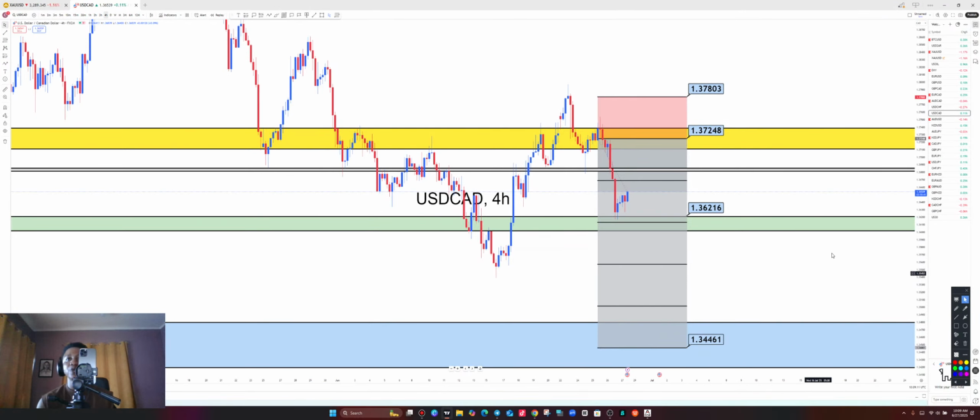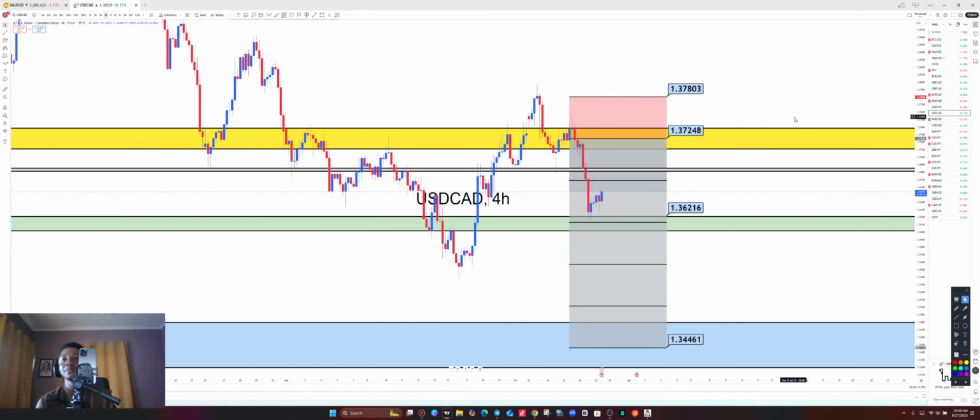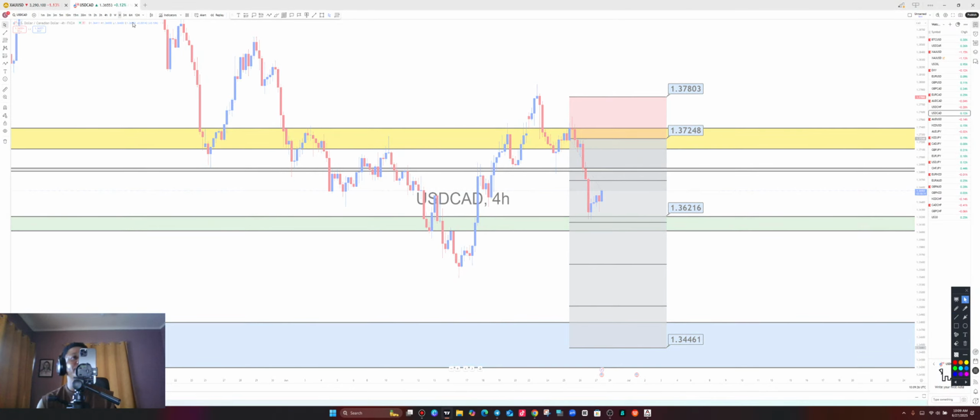All right. So this is USD CAD. Now USD CAD, we are also in a trade. We talked about this pair yesterday, where I said the price is going for what? A retest, before we can add another entry in the same direction. But let's go through the whole analysis again on USD CAD, starting again on the 3-month time frame.